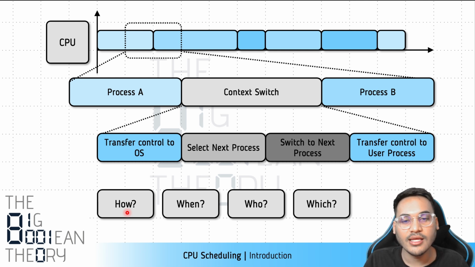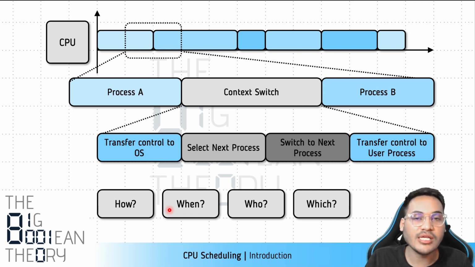Once this is answered, the next question that the operating system has to think about is when. Now that we know that switching from one process to another process is possible, the next question that one has to answer while designing the operating system is when should we do this switch. We'll study about this in the next videos, that there are two options. As an operating system, you have two options for when you should schedule the CPU, when you should make this switch. One option is that you should allow the process to run as long as it wants to, and only